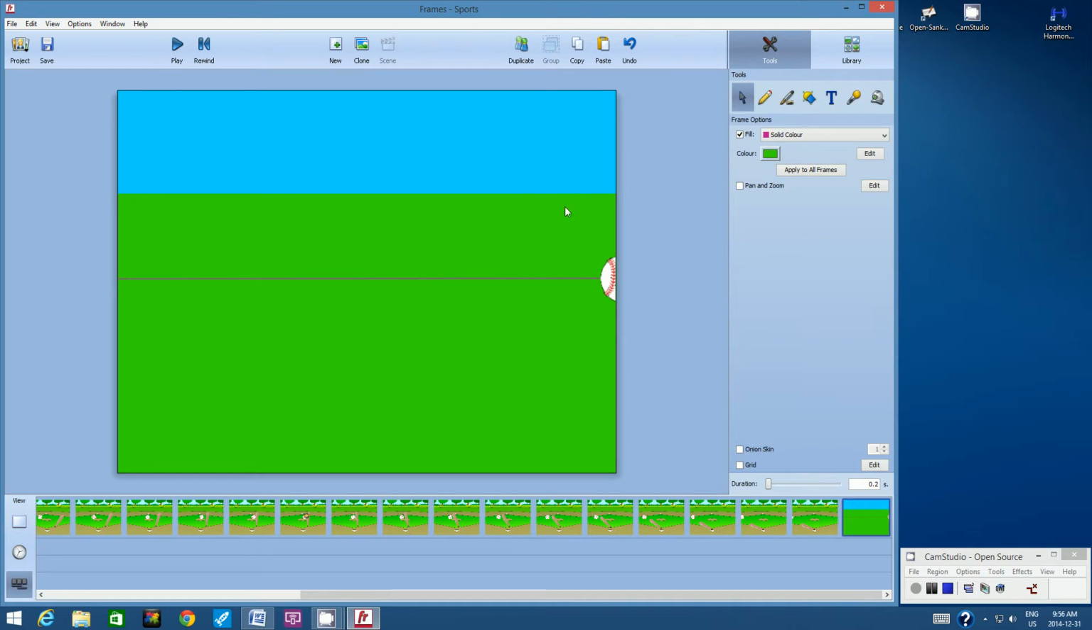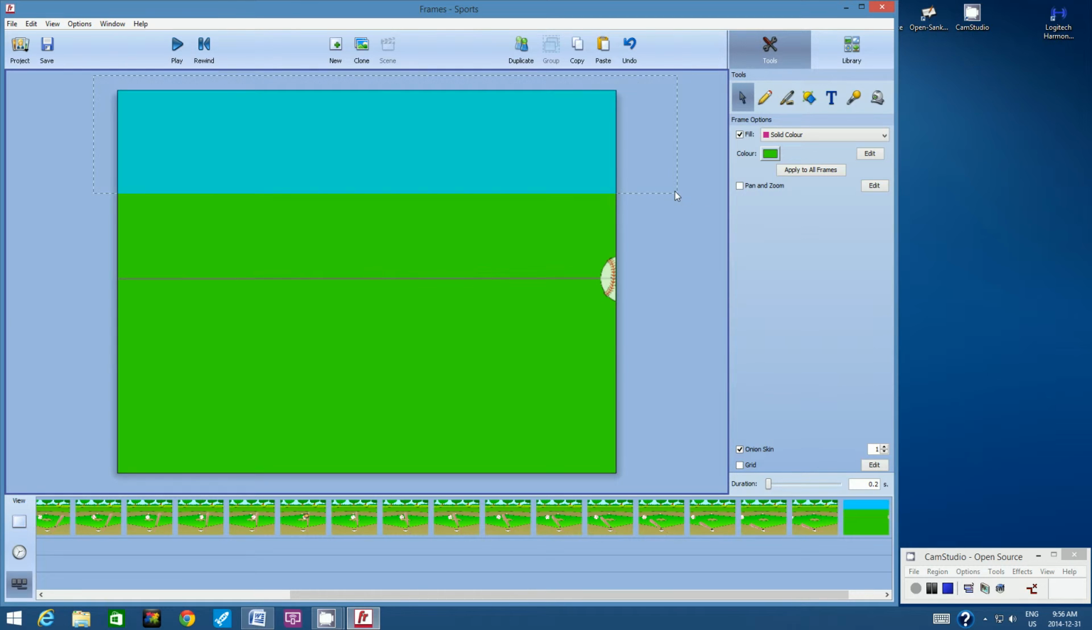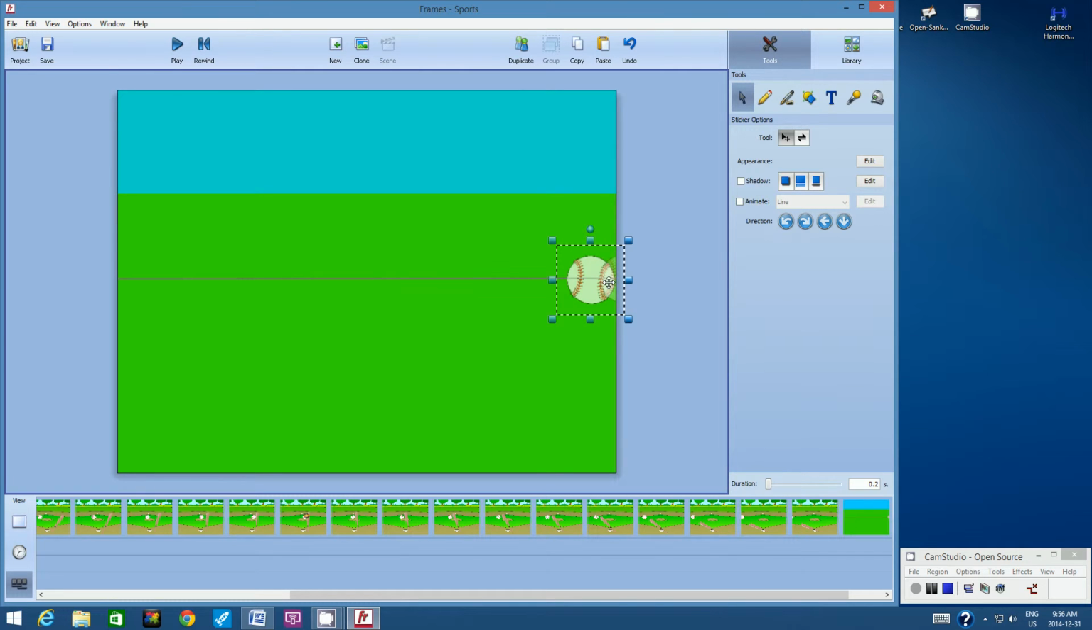So let's deselect and duplicate. Let's turn on the onion skin, either from here or from the View pull-down menu here. Okay, you've done this before. Let's click on the baseball and again move it to the left, having that overlap that you used last time. Okay, all right, deselect, duplicate. Again, pull it to the left, overlap,